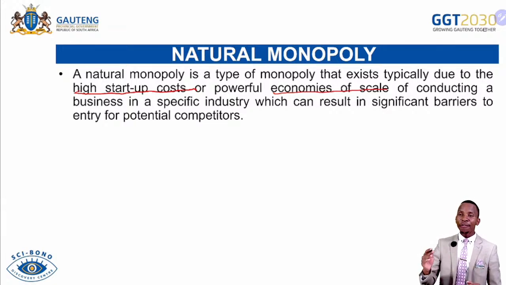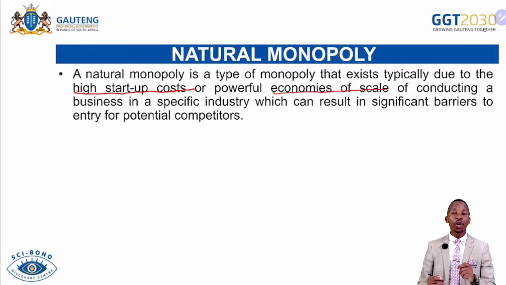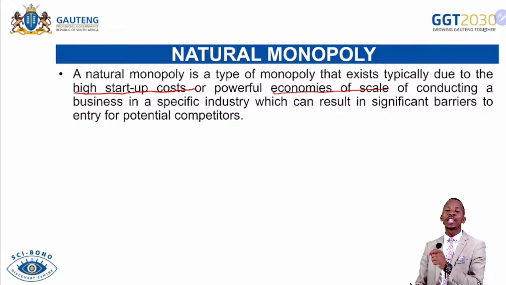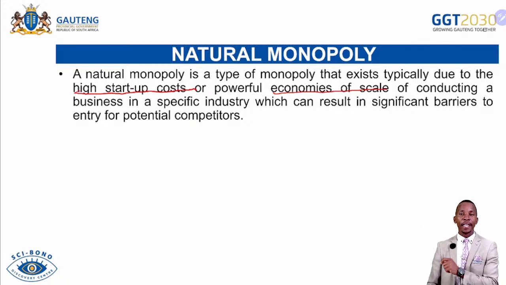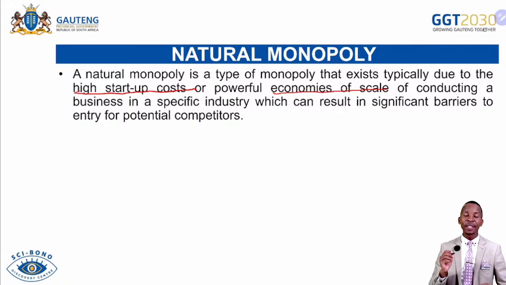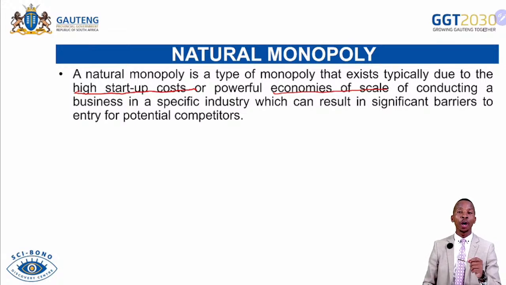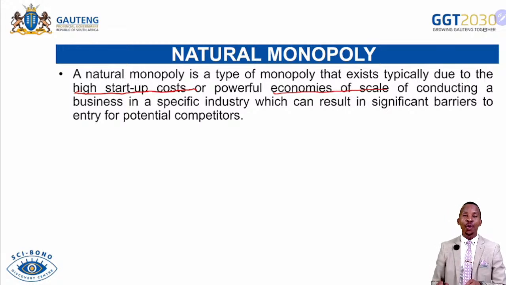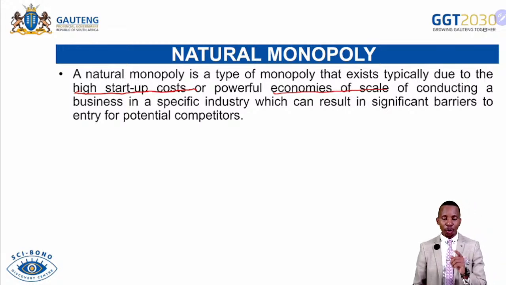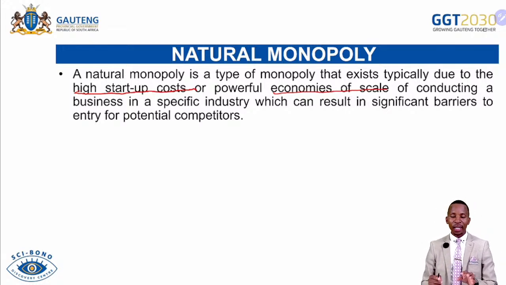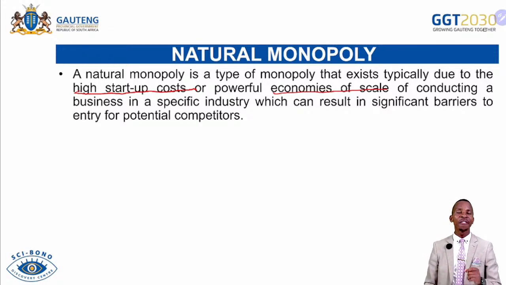Then smaller firms cannot afford to compete with this firm because this firm is selling at a lower cost, and they produce at diseconomies of scale as they enter the market. They produce at a higher cost, so they will be selling at a higher cost. They produce lower output. That will lead to them not being able to enter the market and compete with this monopoly firm. That is because of economies of scale. So this becomes a barrier to entry for firms that are willing to enter and compete with the firm under the